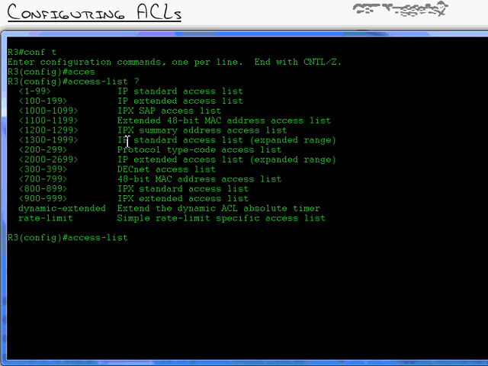Now you can see all these lists. I type in access lists and it says, okay, type in a number 1 through 99 if you would like to create a standard access list. If you'd like to create an extended, go ahead and type in number 100 through 199, and that will configure one of those. Now you can see as we go through this list, there's plenty of other ones like IPX